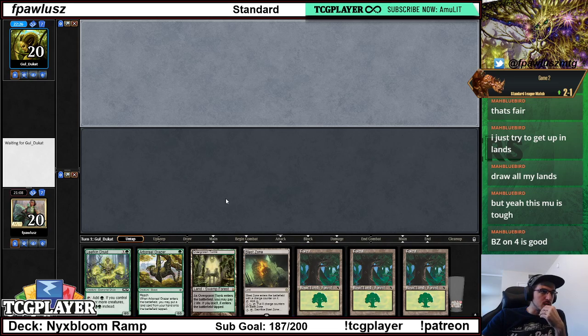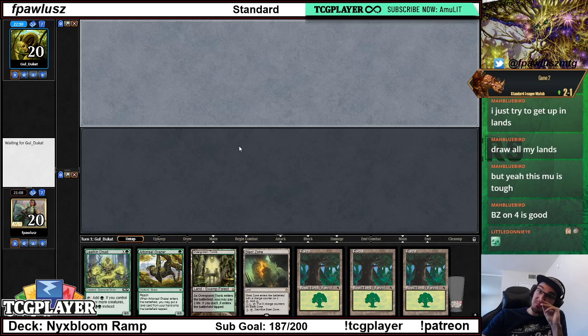I think I'm gonna keep this hand. It definitely doesn't look great, but we can ramp pretty aggressively, and then we can use Blast Zone on 4, which is